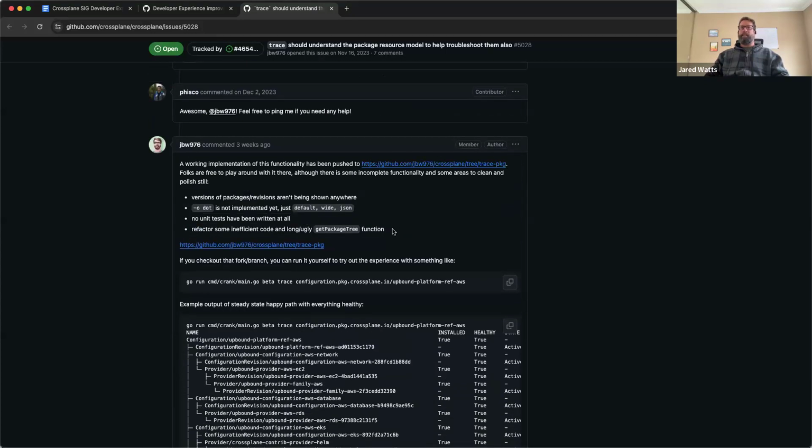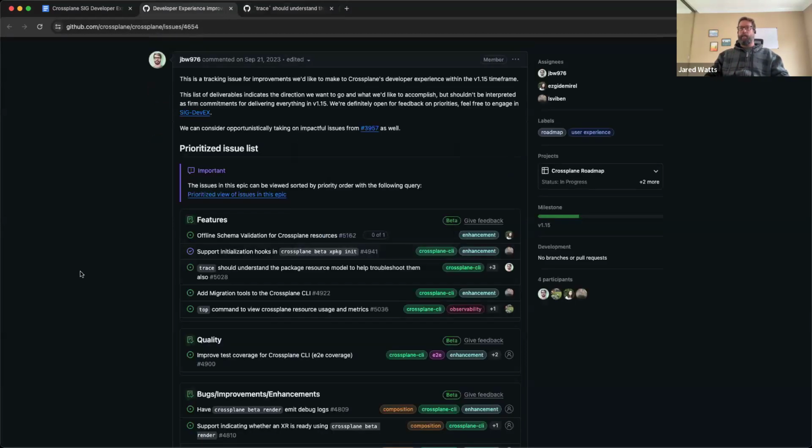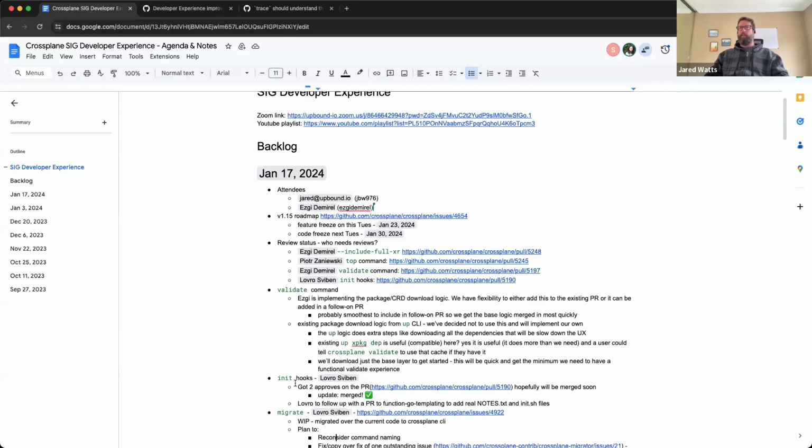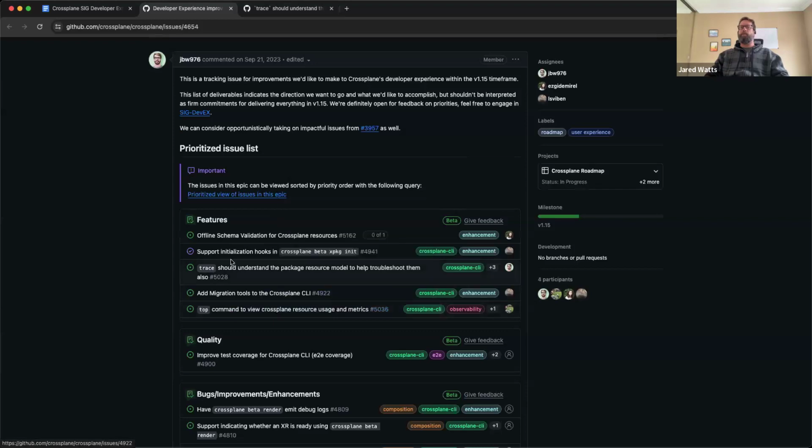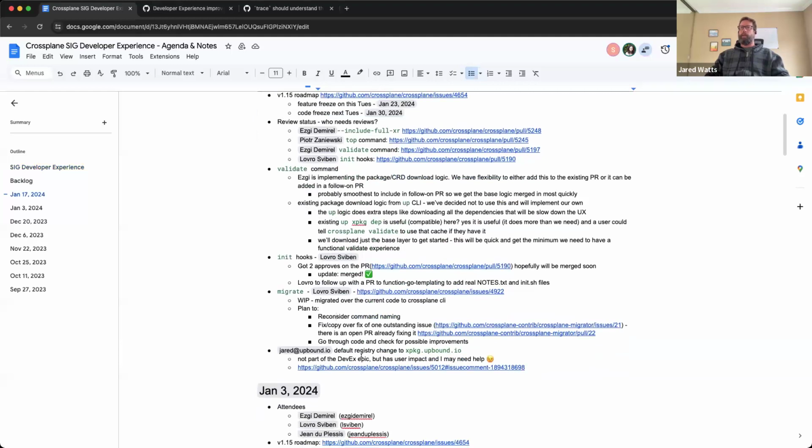So I need to find the time to clean up a few items here. Probably the biggest one is going to be the testing of it. Testing is a good idea. I don't feel like there's a ton left here. I've tested it in a lot of scenarios manually, and it feels like a pretty resilient implementation, so I'm not too stressed about it. But the risk that I have here is that